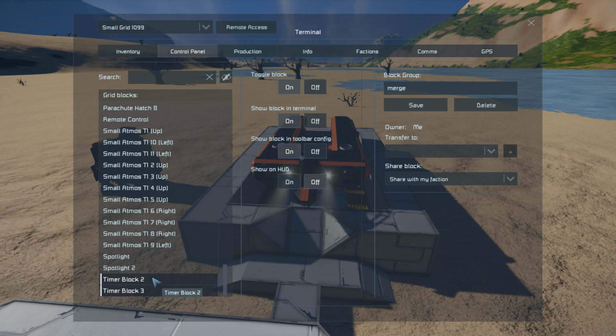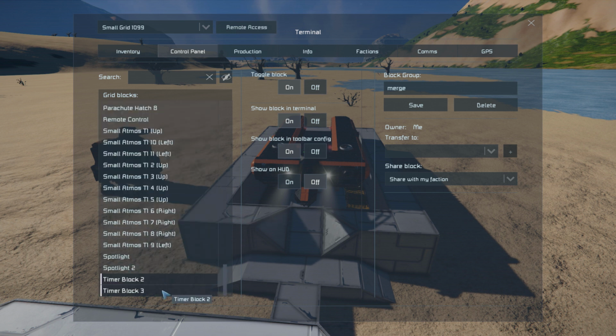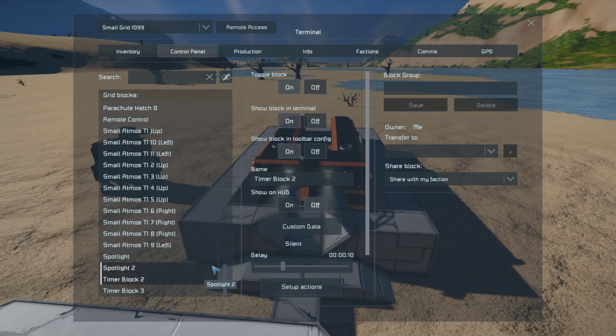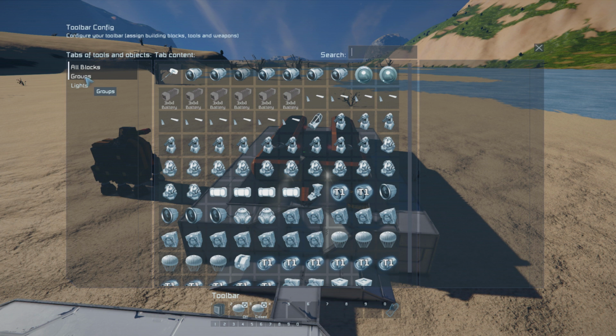Okay, so what I'm going to do with the timer block. Why are the timer blocks selected under merge? Okay, let's do that again. That could have been disastrous. So what I'm going to do with the timer block is I'm going to use the timer block to deploy the payloads. So I'm going to have a delay of 10 seconds, and the actions with this one will be to